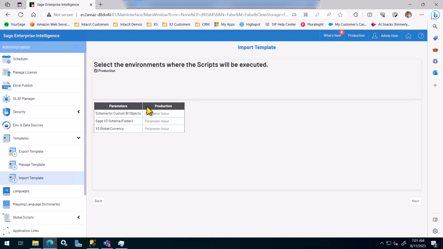Once you tick the environment, each environment will have its own column here. I have only one, so I have only one column here. In the first item, I need to enter my SEI database schema name, which I entered in the environment. So I'm going to type in here SEI underscore seed, which was SEI underline my folder name. And this is just my folder name, so I'm going to enter seed here. And this is my folder currency